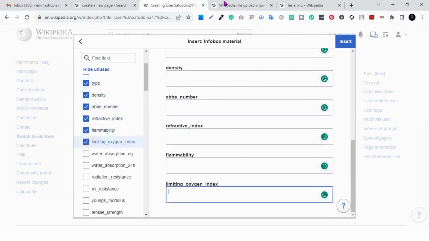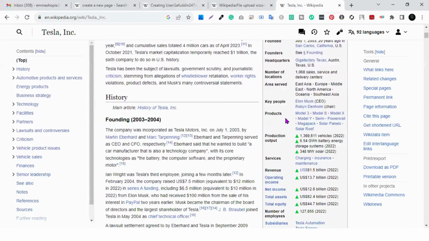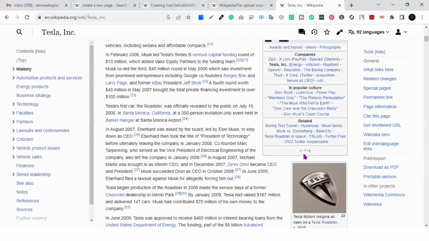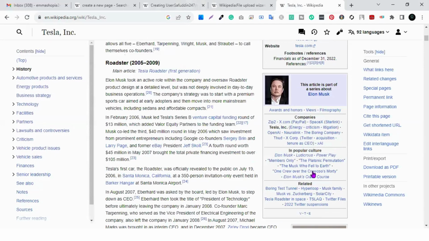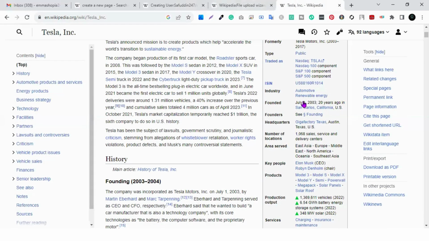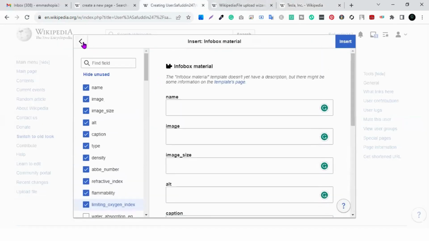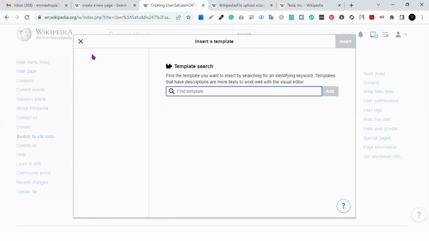What fits for yourself depends on you. Like you see, this infobox is something different than this one. So it means they use two types of infoboxes, but every single infobox is just a template. You should just choose from over here,